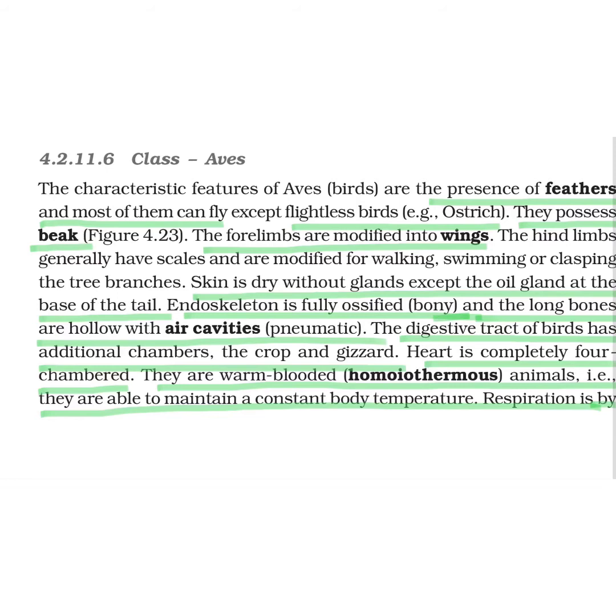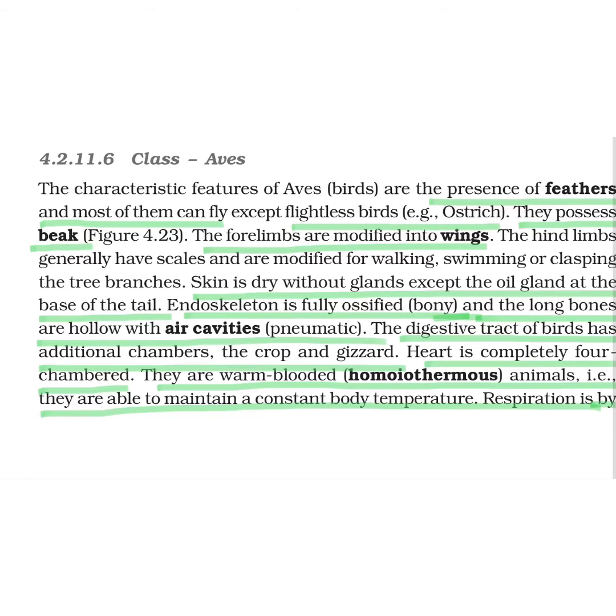They possess actually a beak in the anterior part, and you must have observed they eat grains with the help of their beak. Then about their forelimbs, forelimbs are actually not present. The limbs which we are able to see, that is hind limb, only 2 legs we are able to observe. So what about forelimbs? Forelimbs are actually modified into wings. So that flying habit is done by the modification of forelimb.